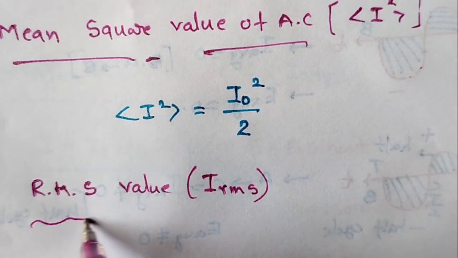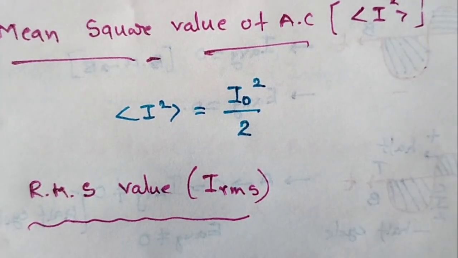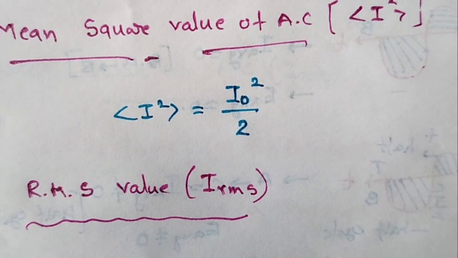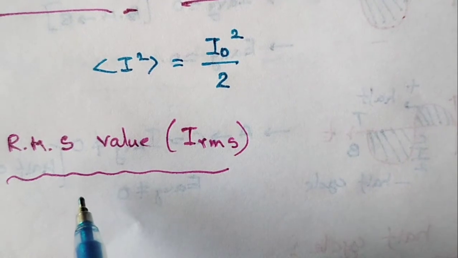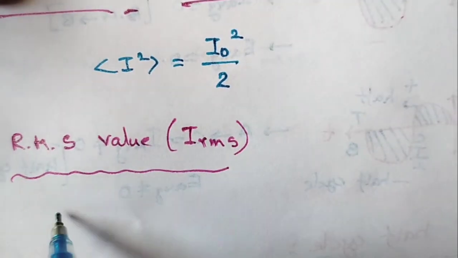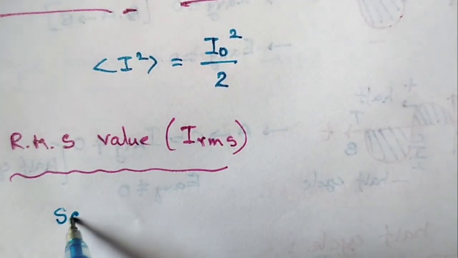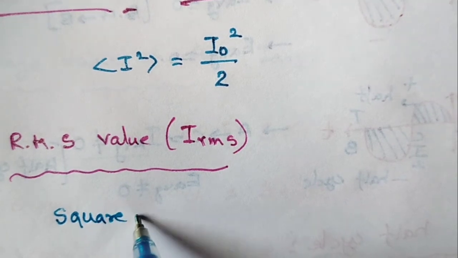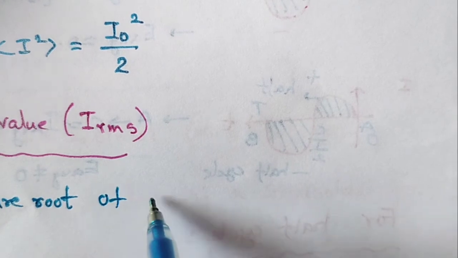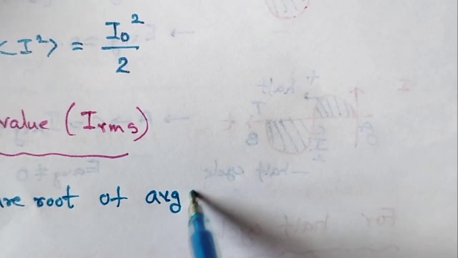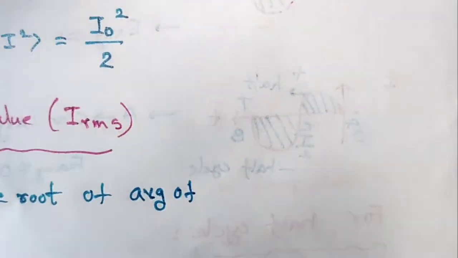Okay, IRMS value of the AC current. What is the IRMS value? Square root of, okay, very simple definition, general definition: square root of average of square of